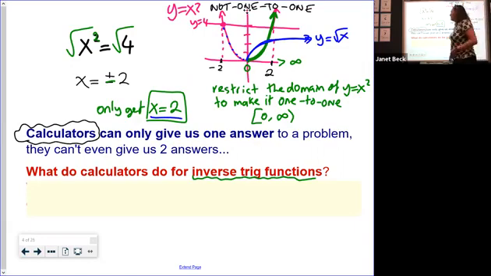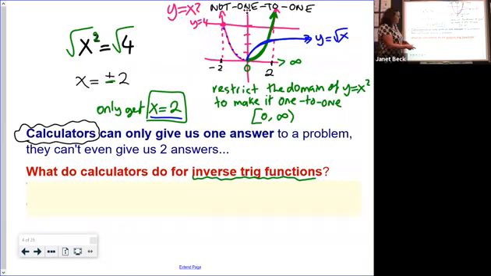And we're going to have to do something very similar when we do trig functions, because none of our trig functions are one-to-one. And we have to work out how we're going to restrict that domain so that we only get one answer. First of all, let's look at